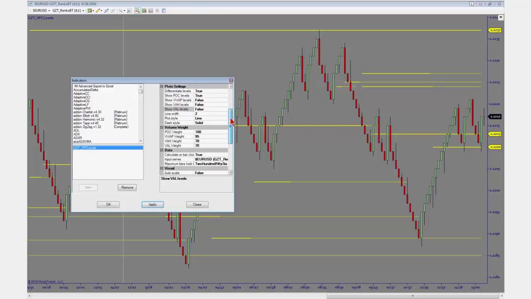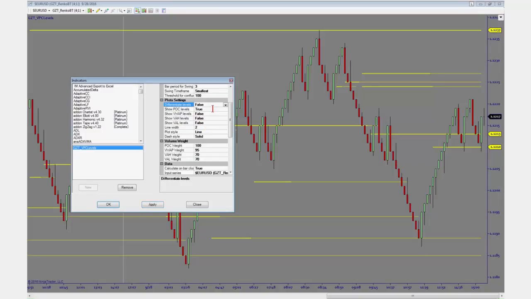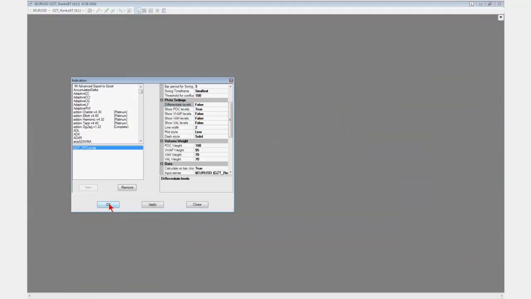Now, if I want to go back to testing all of them, I can leave this false, false, false. The moment that I change differentiate to false, and I click OK,